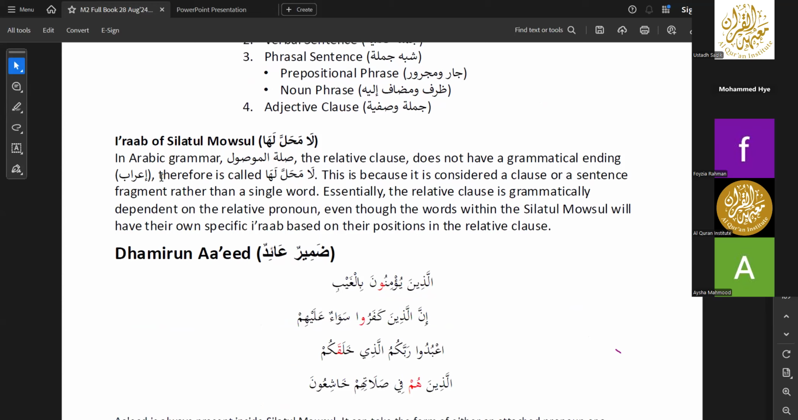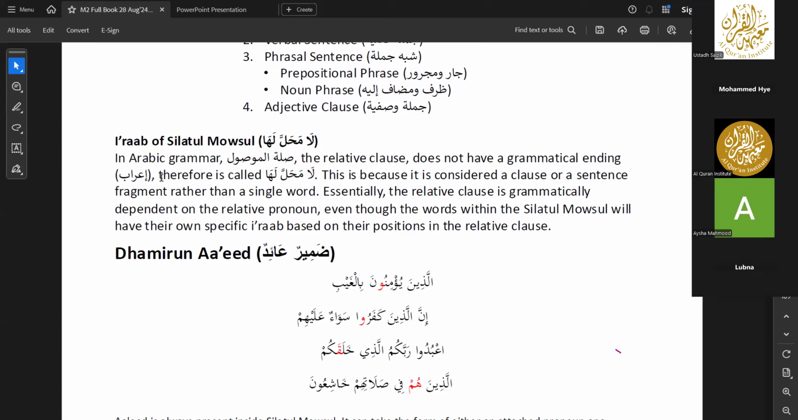The i'rab of Silatul Mawsul. This is a very important point here. La mahalla laha. What does that mean? Silatul Mawsul doesn't have an i'rab. It follows the Ismul Mawsul. Is it mabni? Allazi is mabni. But Silatul Mawsul